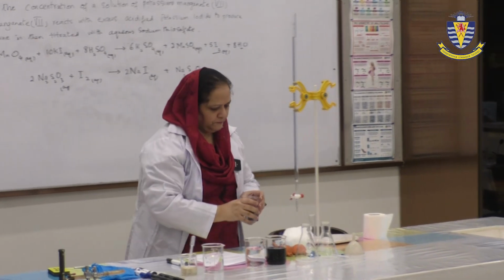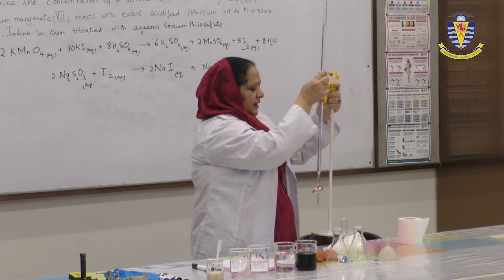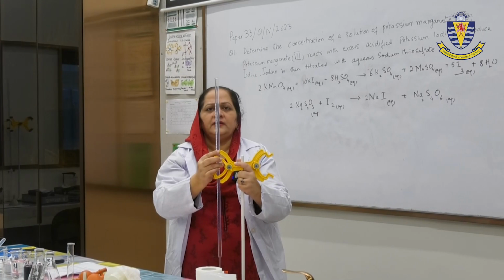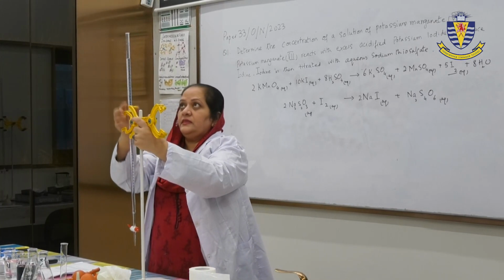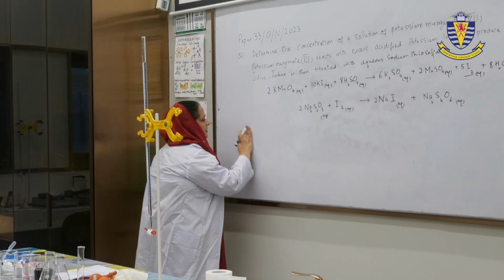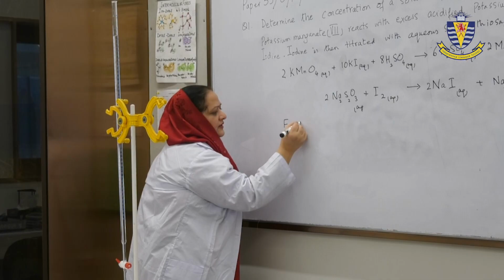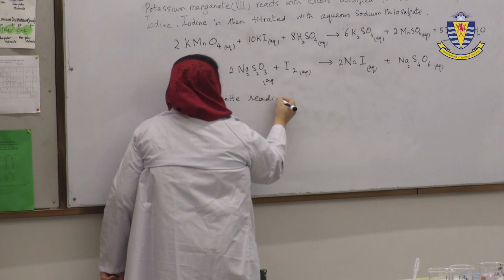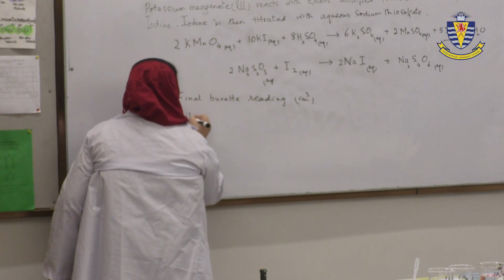This is your burette, now filled, and now I'm going to read the volume, and I'm going to make sure that the level is exactly at my own eye level. The reading on the burette is 2.1. So I'm going to record the readings. The table that is to be drawn has: final burette reading in cm³, initial burette reading,